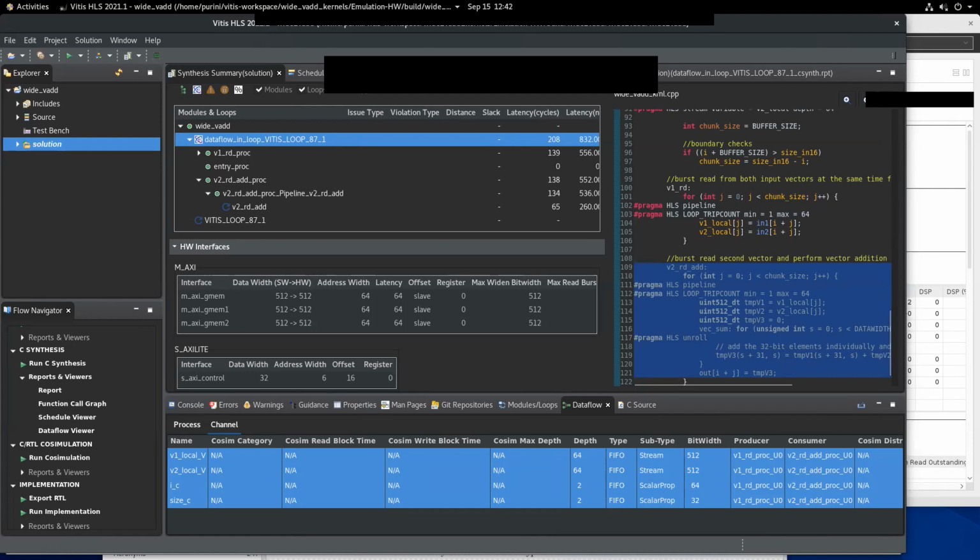Burst data transfer, pipelining, computing data in local memory, anything more? What else? What other techniques are used?